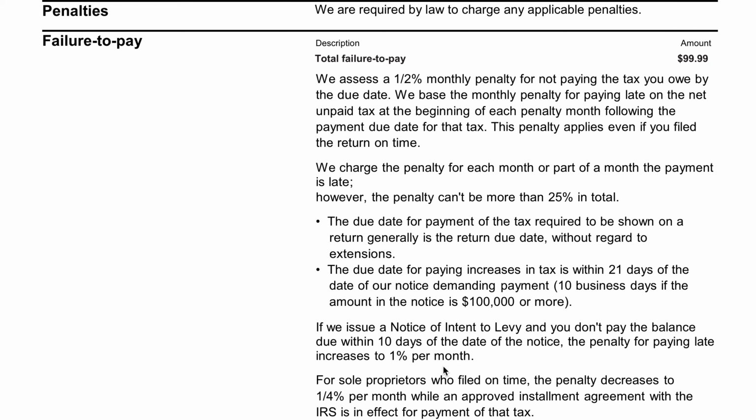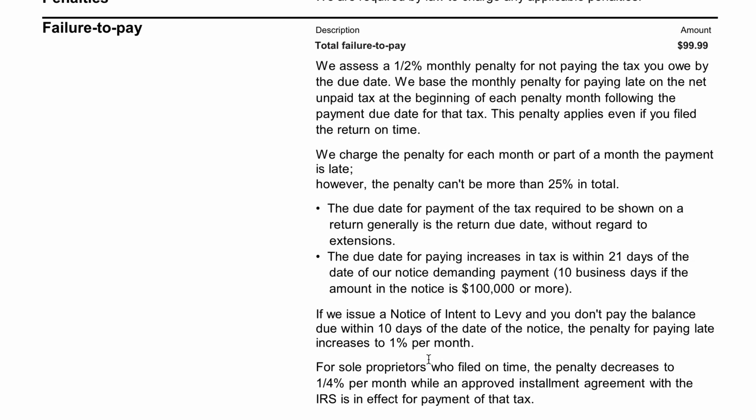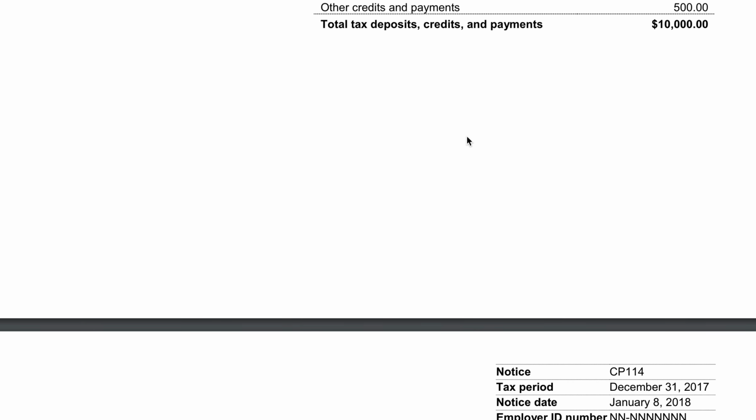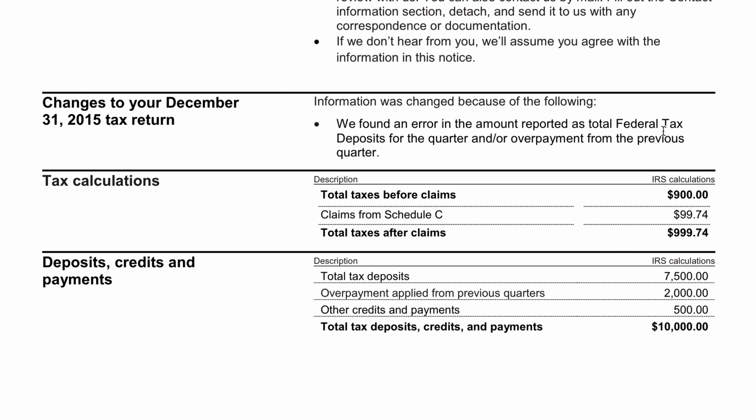So there is a failure to pay penalty here. This just appears to be a placeholder. I don't believe that there would be an actual penalty with such a large refund due, specifically because the penalty is applied for payments that are late, right? So any the net unpaid tax at the beginning of each penalty month. So this appears to be a placeholder because if you paid $10,000 towards $999 of taxes and you paid all of that